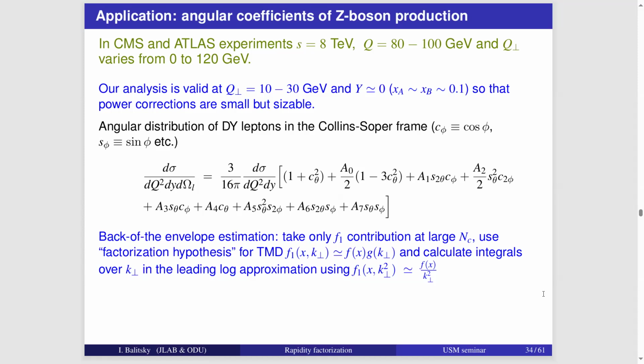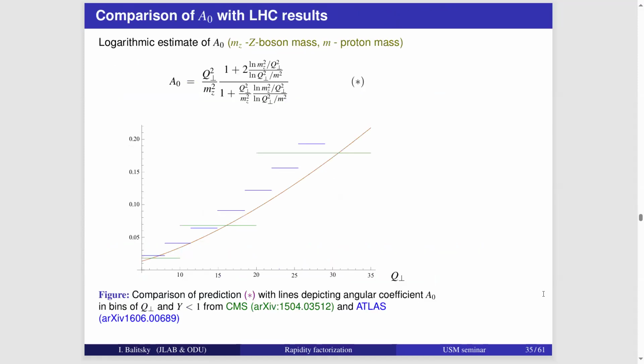In this back-of-the-envelope estimate, it turns out that only two are non-zero, A0 and A2. All others, if you use this hypothesis, are just zero. And well, if you look at the experimental data, they are smaller than A0 and A2. And for A0, I have the following estimate with zero parameters,